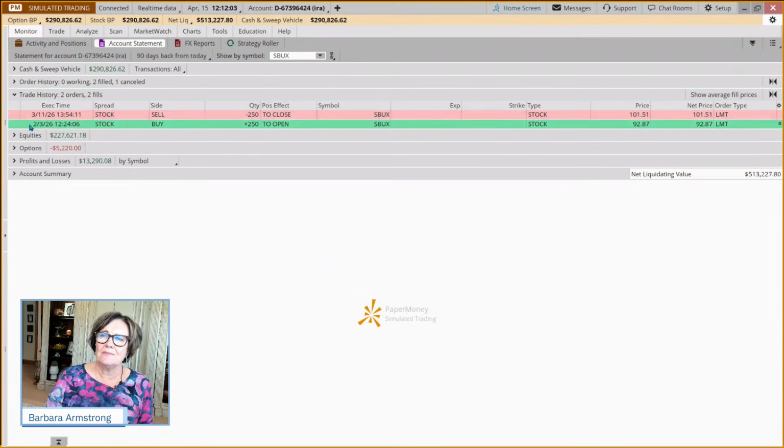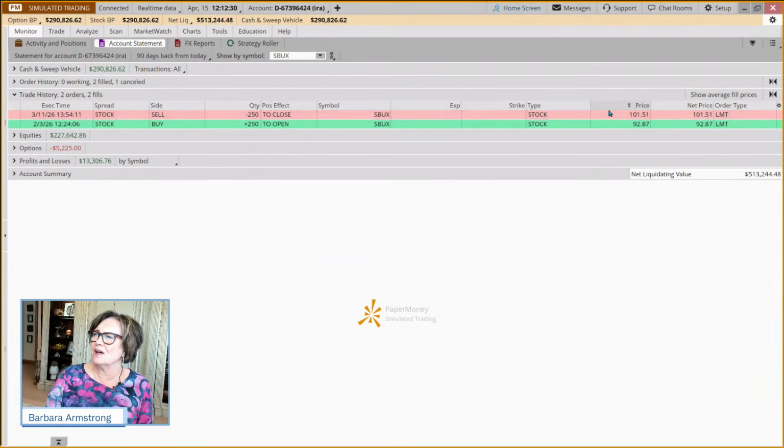We can see back on February 3rd, we bought 250 shares of Starbucks for $92.87, and we sold it on March 11th for $101.51. So if you wanted to calculate your profit, you can just do some simple math: subtract 92.87 from 101.51, multiply by 250, and you'd see how much you made.